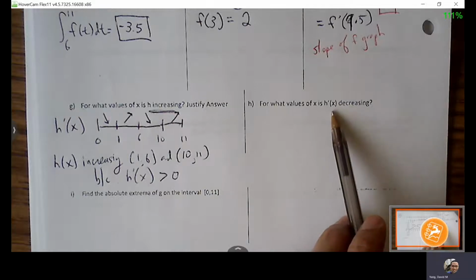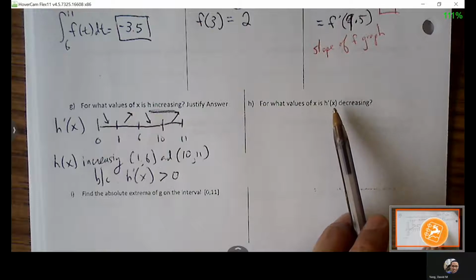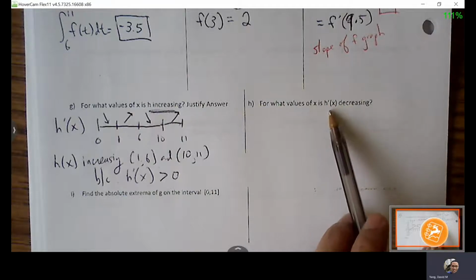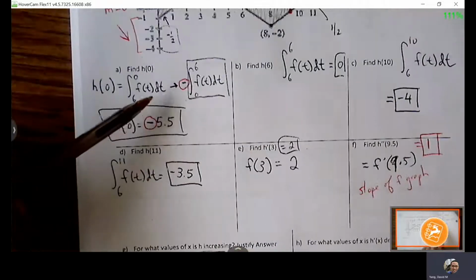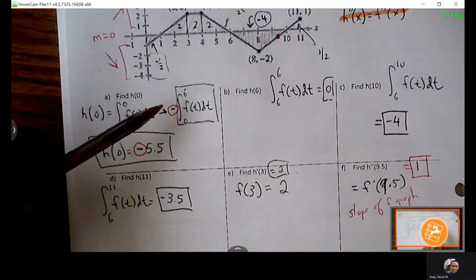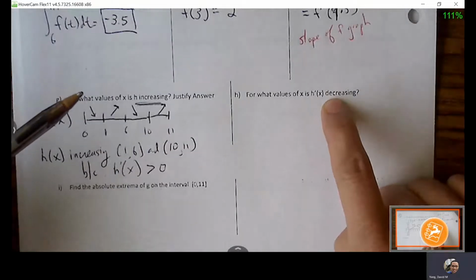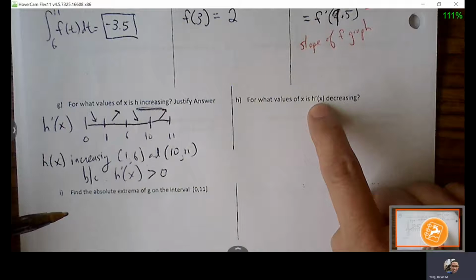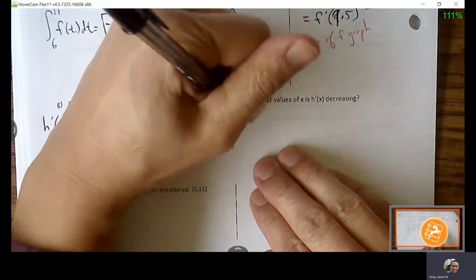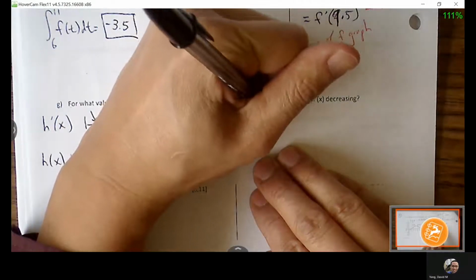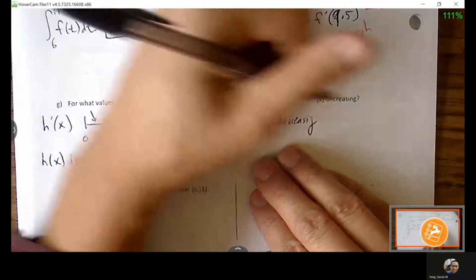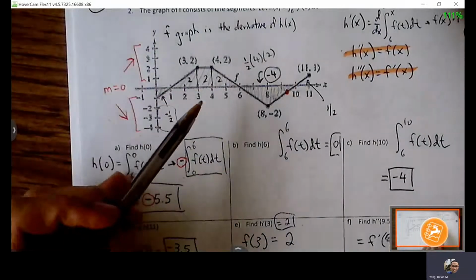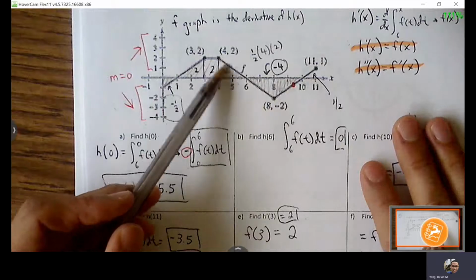So h prime decreasing, this is really talking about concavity, right? This is not saying when h is decreasing. So h prime is really talking about f, right? When is f going to be decreasing? Let's see, so h prime is decreasing. Now we're looking at the slope, right? So decreasing will be from 4 to 8